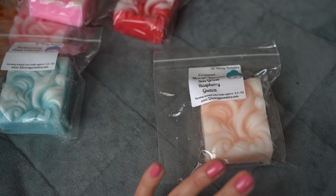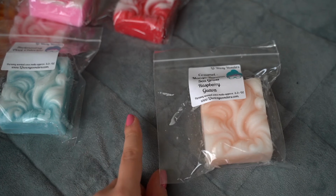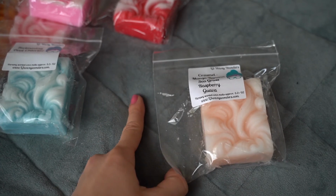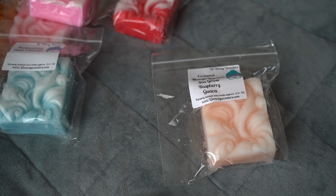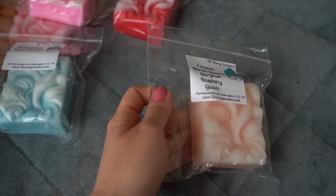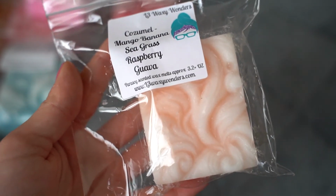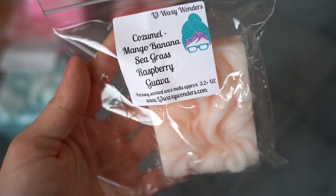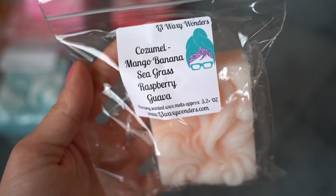Sometimes raspberry, maybe even the blue raspberry, but I know for sure raspberries can sometimes pull a little bit floral. Blackberries can pull floral. Raspberries can pull floral. So if you like the floral notes in that, then go for it, I'd say. Okay, and then finally my last one here is Cozumel, which is mango, banana, seagrass, and